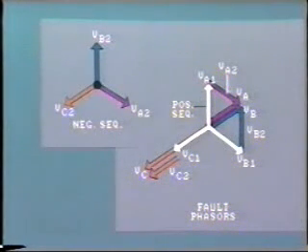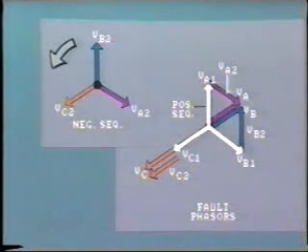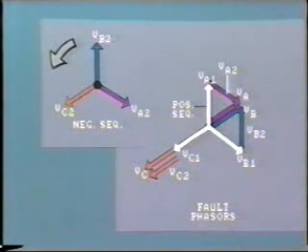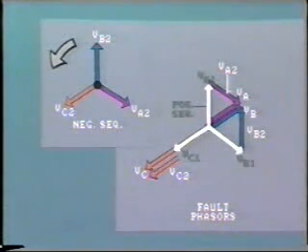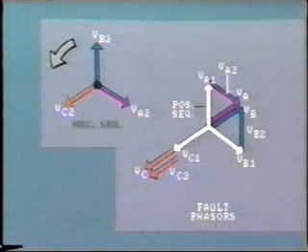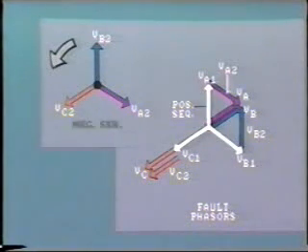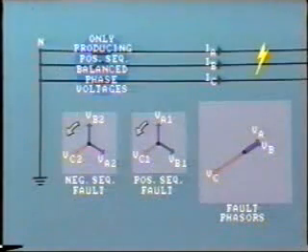Now, if we bring all of the transposition voltage components together, we find that they are equidistantly spaced at 120 degrees apart and are of the same magnitude. But look carefully. Considering conventional counterclockwise phasor rotation, the phase sequence is reversed. From our point in space, we will now see phase A, then C, then B, then A, and so on. Just the opposite to the positive sequence, which is A, B, C. So this is known as negative sequence, and the values are normally given the subscript 2. This brings us to a very important